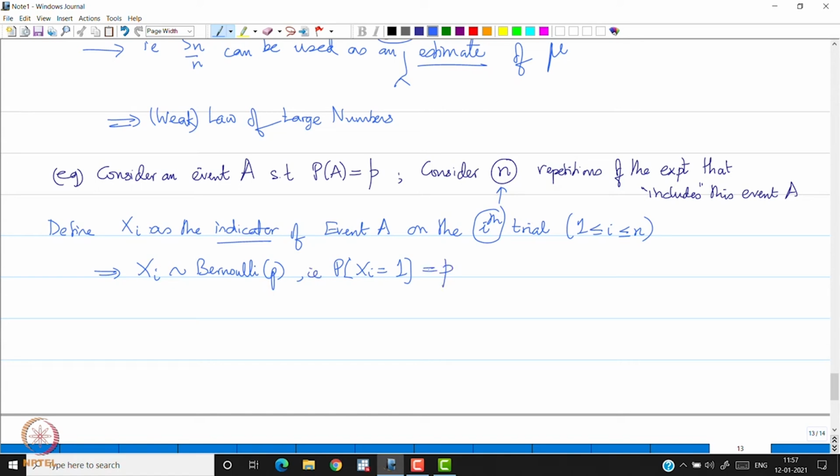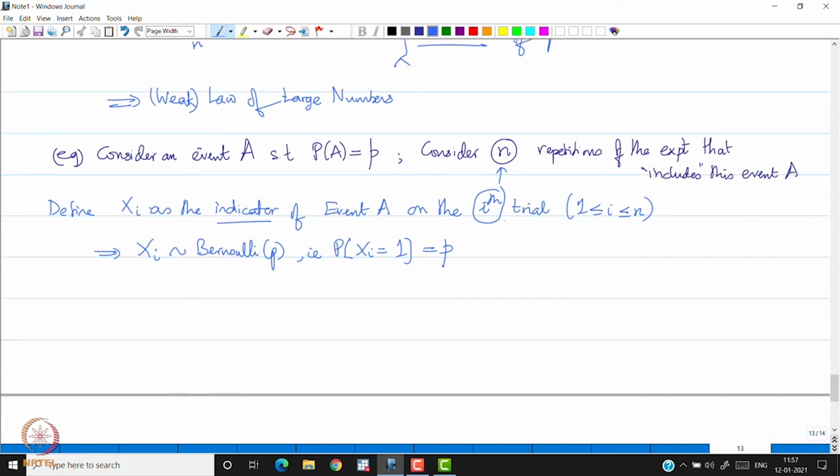And of course, xi takes the value 1 with probability p, and the value xi equal to 0 with probability 1 minus p. So this is basically the textbook scenario of applying the weak law of large numbers. Sn is now going to be, if you look at this sum here, Sn equal to the sum from i equal to 1 to n of xi, what is this going to be? This is going to be the total number of occurrences,